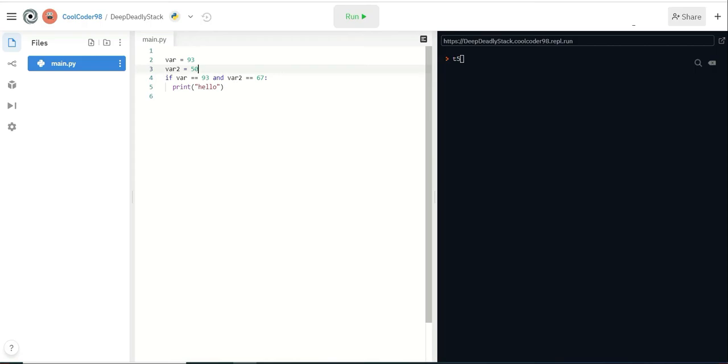So that's not exactly all of the operators. The last logical operator is not. So as you see, it won't run hello, the if code. But if I did not,